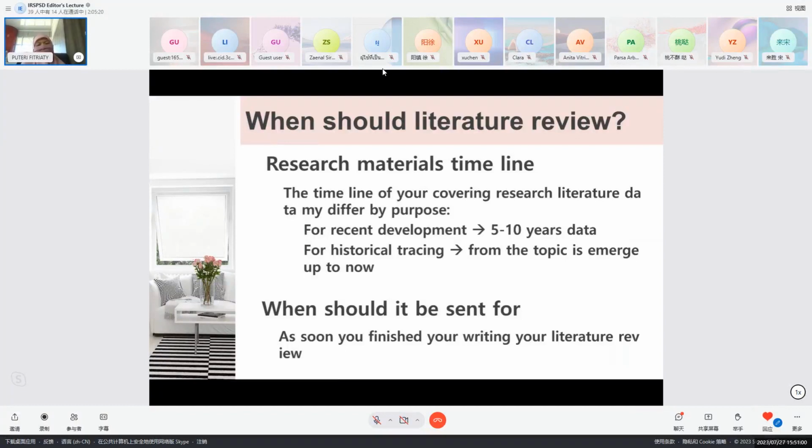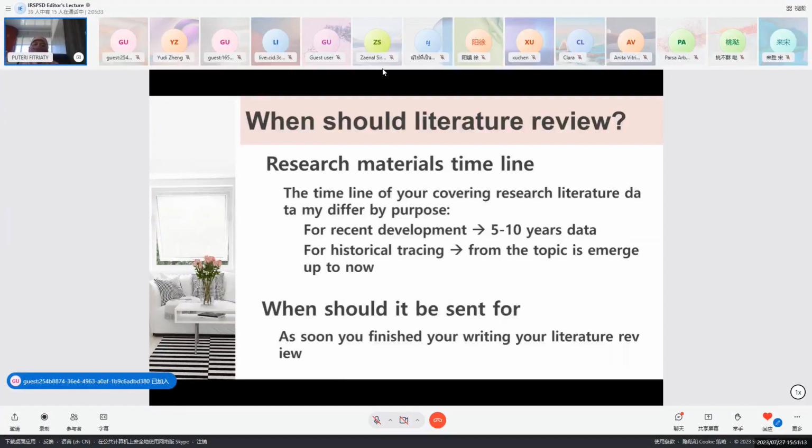What is the time range for the research material when we are providing literature review works? It depends on your purpose. A different literature review may have a different purpose. Recent development, like recent development of a smart house or PV, a photovoltaic panel, something like that, maybe we have to include 5 to 10 years emerged until now. So there is no strict limitation,